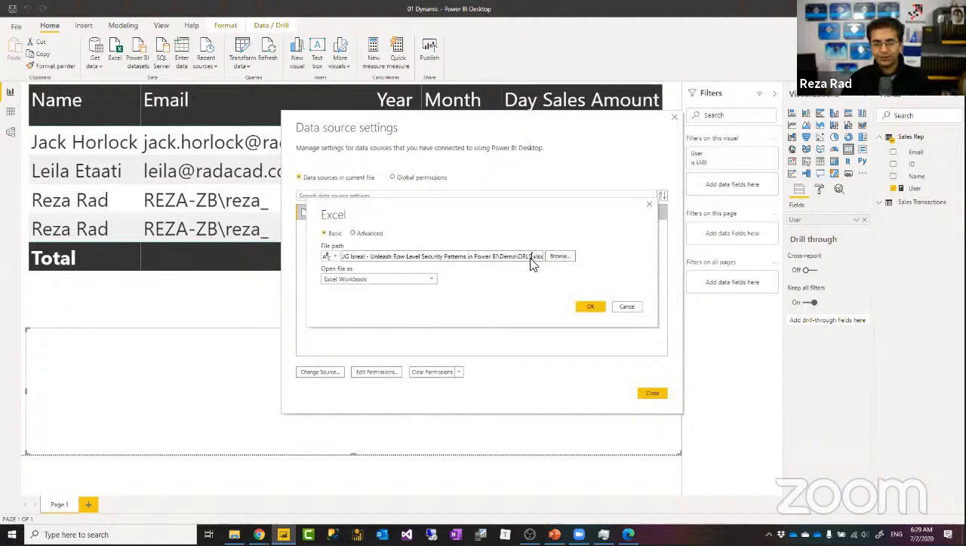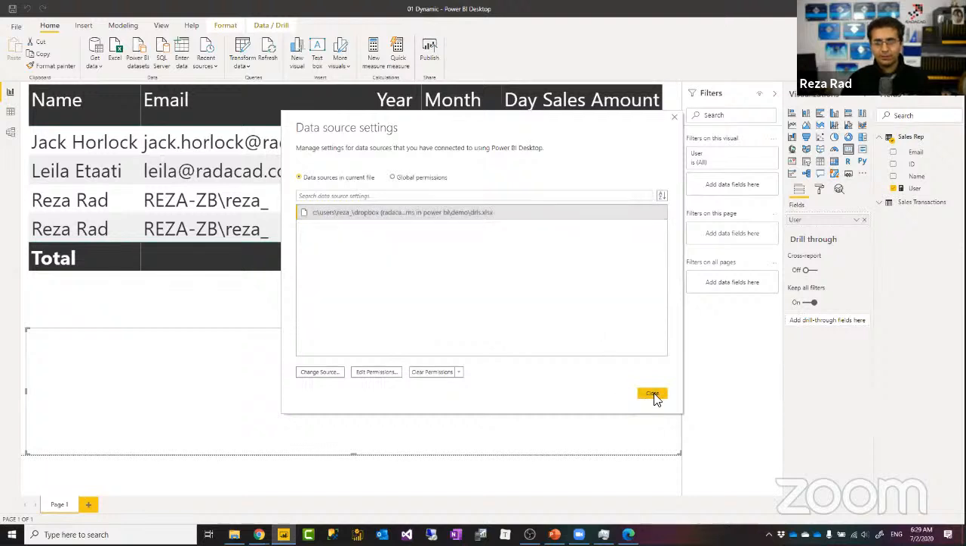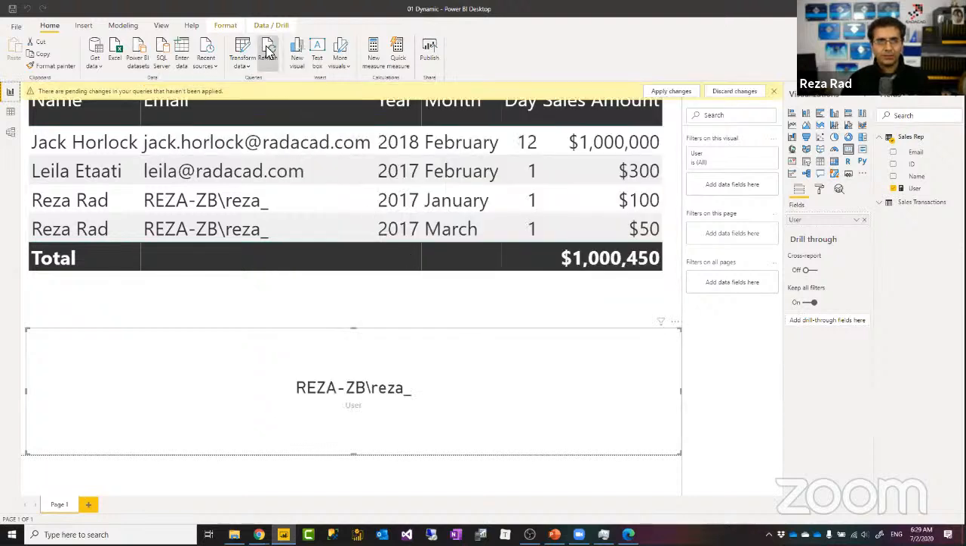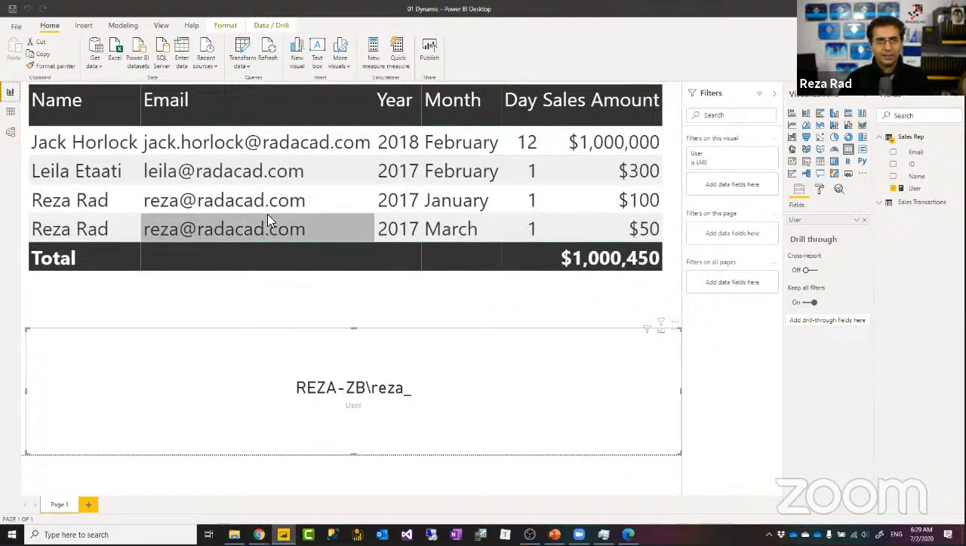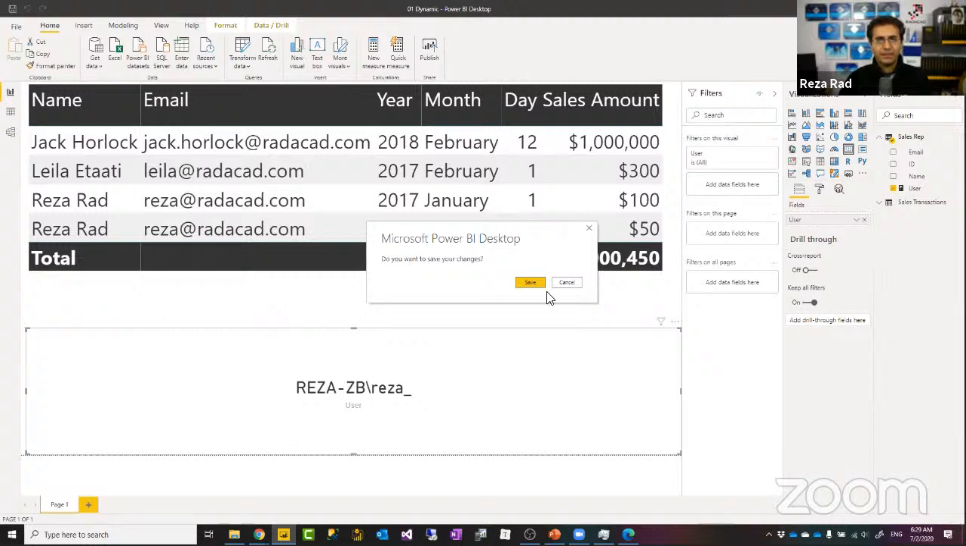This is where you can change the data source of your Power BI file. I'm changing it, refreshing it just right now. And I should see that email, right? Now, if I publish this solution into the Power BI website,